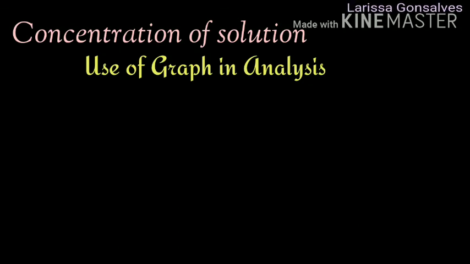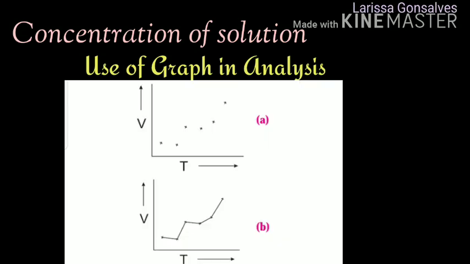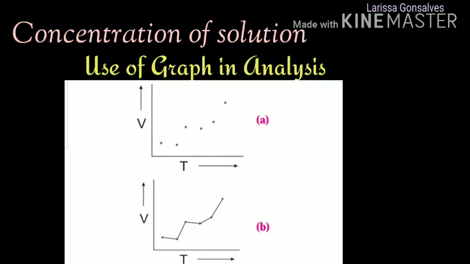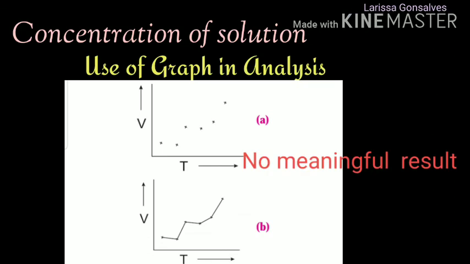One of the examples is the relationship between temperature and volume for a given amount of gas. Here is an example wherein we are going to study the measured values of volume and temperature for a definite mass of a gas. So here are some graphs. In the first graph, the points are directly connected. A zigzag pattern appears. What can you conclude from this type of graph? The zigzag pattern has no meaning to the result that has been deduced.